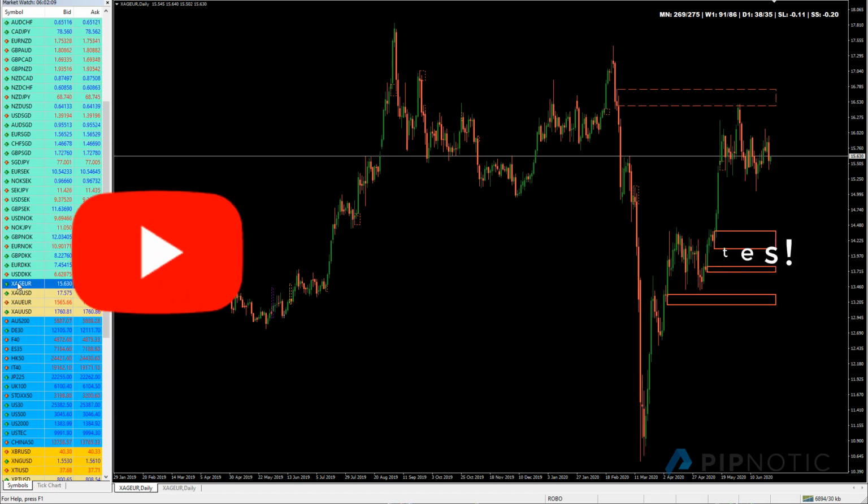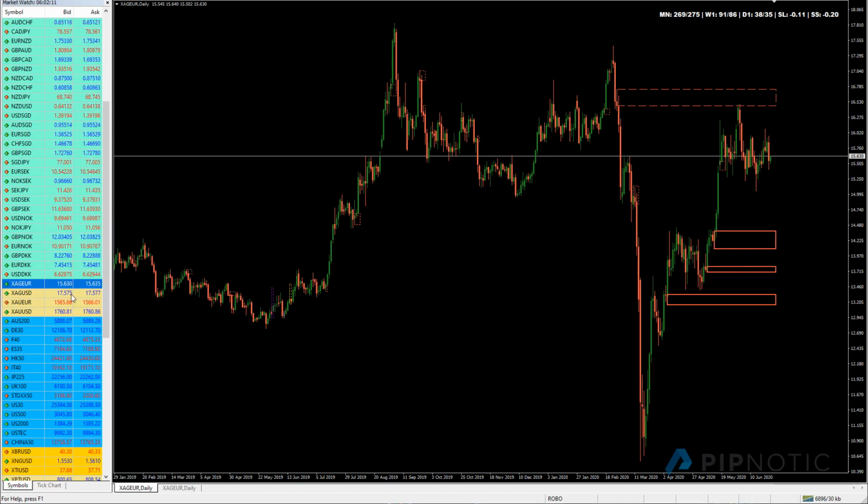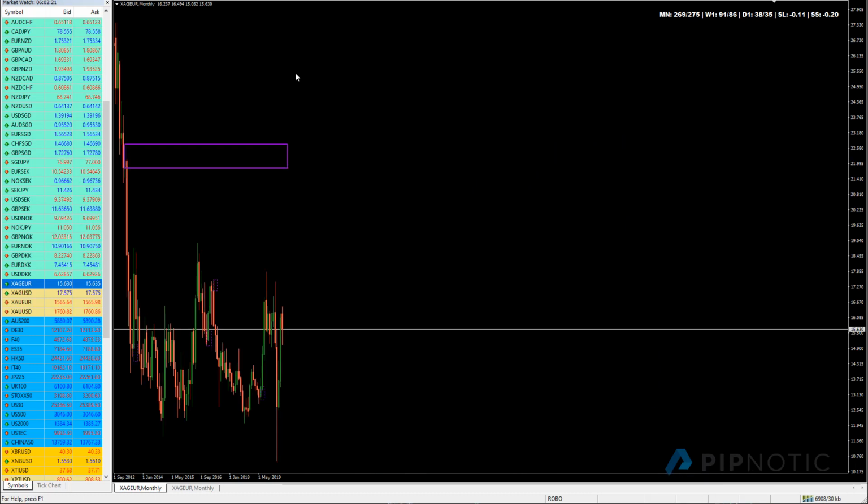Okay, so what is this? I think this is gold against the euro. So in order to understand what's going on, I want to be on the monthly chart. So I'll click on the monthly chart just to see where we are relative to the big flows. We don't have a lot of data, as you can see, actually dizzyingly little, but we do have an area